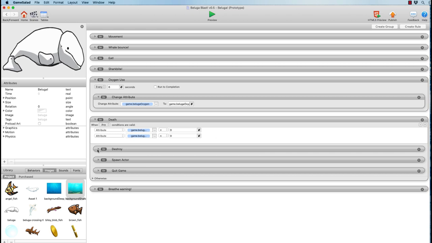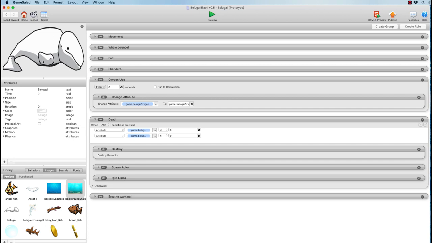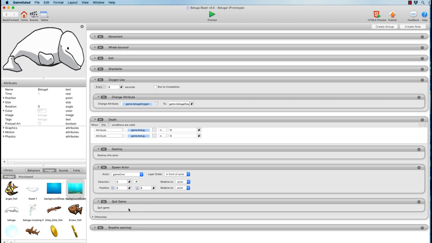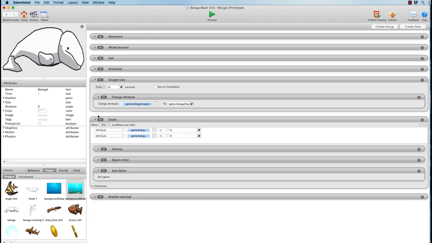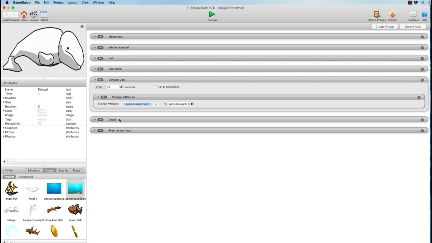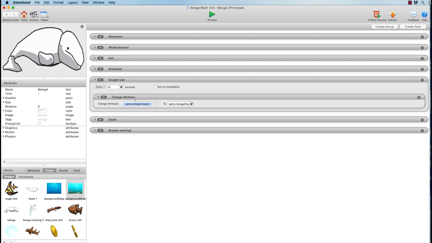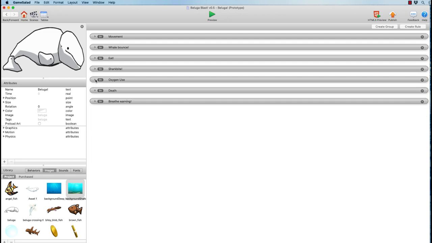So that you've got something that destroys the actor. It gets rid of the Beluga object in the game. It spawns an end game graphic, which is pretty ridiculous when you see it. And then it ends the game. It quits the game. So these are ways that you can use variables to control the flow of the game. So we've established a death condition that can come from running out of health or running out of oxygen. We've set something up so that as the Beluga is swimming, every 6 seconds, 10 points of oxygen are taken away, so that after 1 minute, the Beluga will be out of air.